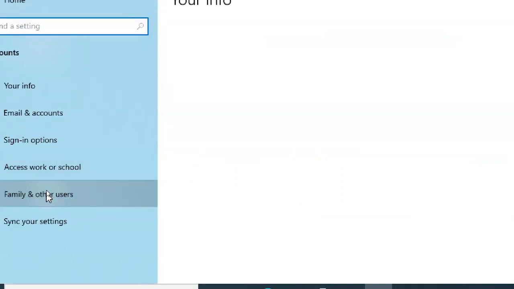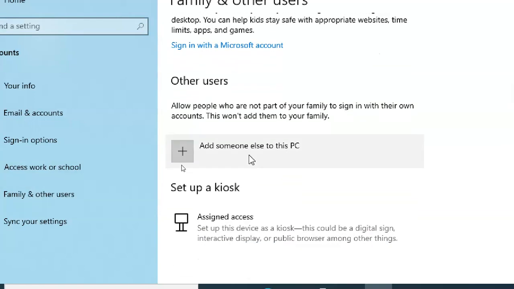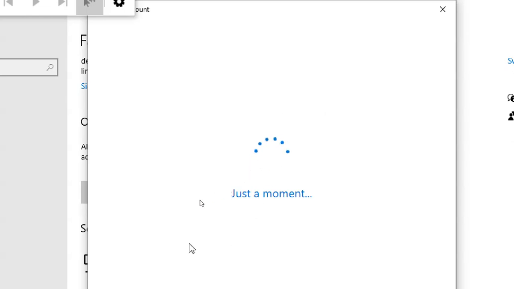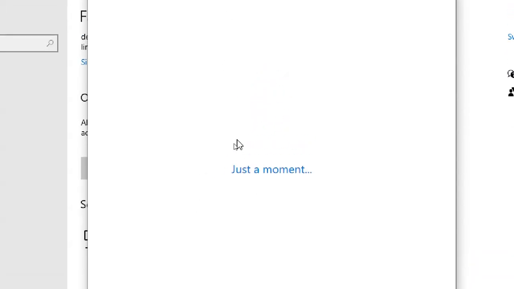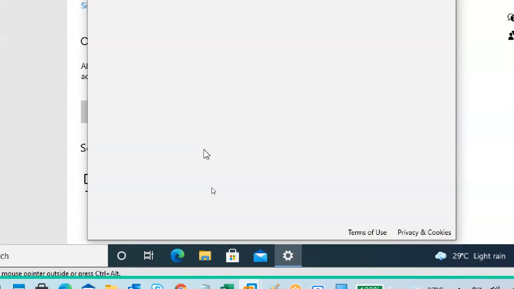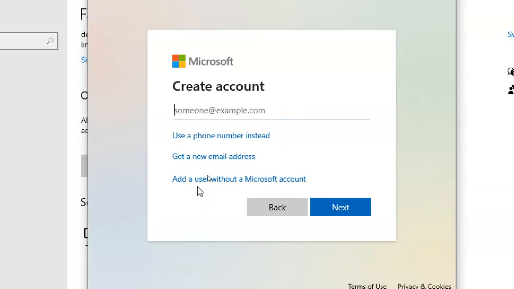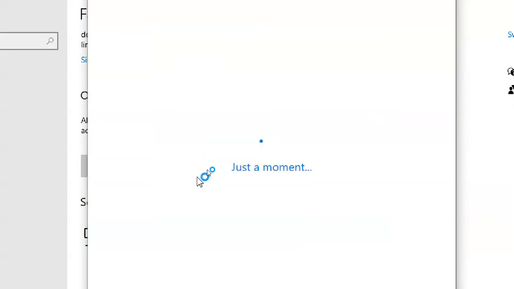Family and other users. Add someone else to this PC. I don't have this person's sign-in information. Add a user without Microsoft accounts. Very good.